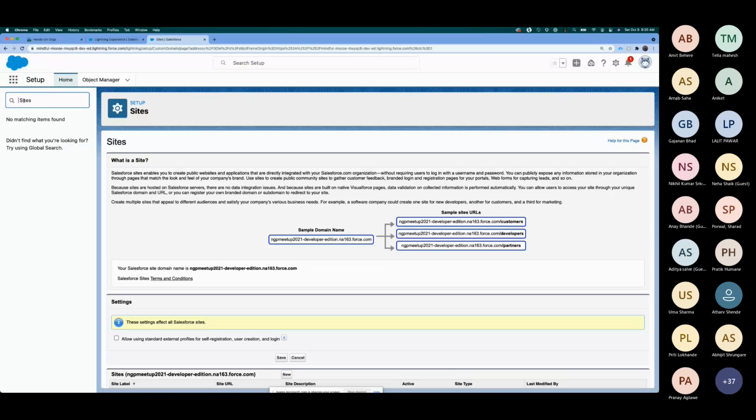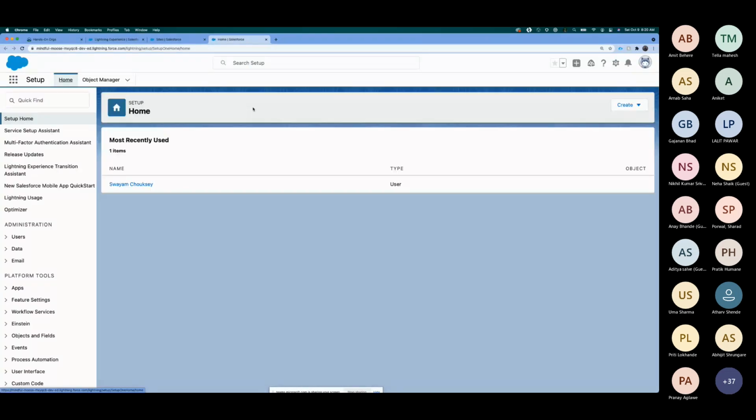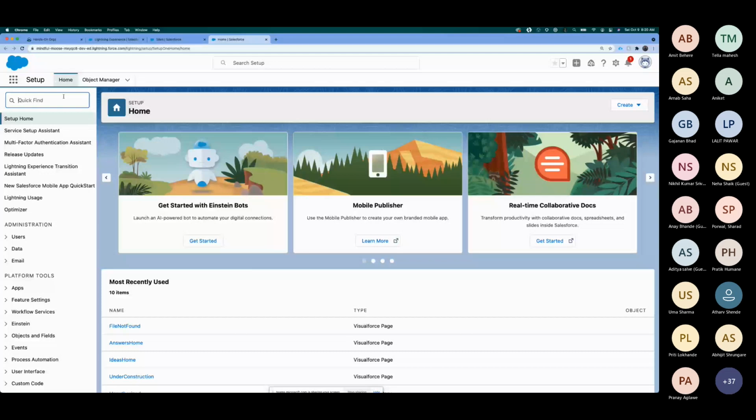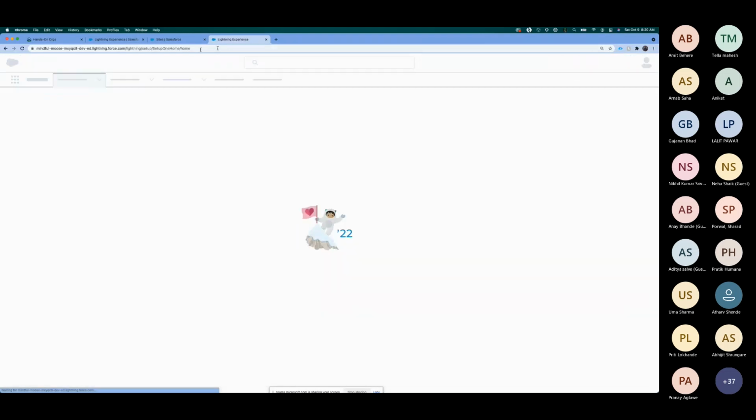Let me quickly refresh, or maybe open another setup screen. Once a domain is registered, it will take some time to create a site for you. So we'll wait for a couple of seconds before the site options are available.